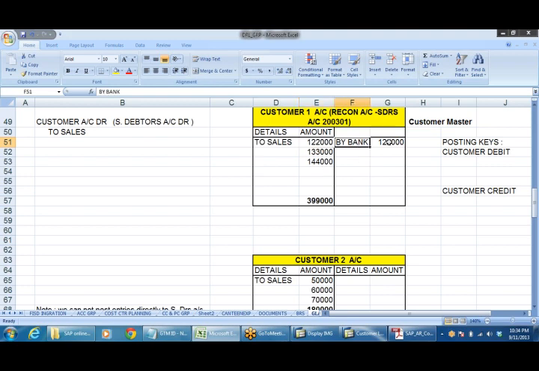Now by bank payment received 122. So what we are doing, we are clearing this and this.